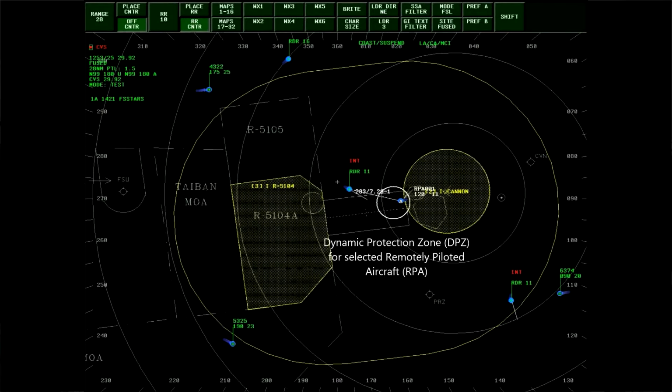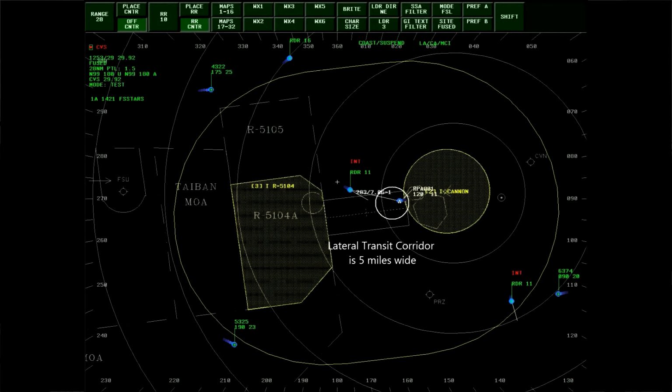What's unique about the system is that it's allowing those operators to detect what we would call non-cooperative flights. So flights that don't have, or traffic that doesn't have a discrete beacon code. They may not be cooperating with air traffic control, meaning they don't have a requirement to be under air traffic control guidance. So they're operating in airspace that's uncontrolled. We're able to establish a target on those vehicles, at least so that we know where they are and we